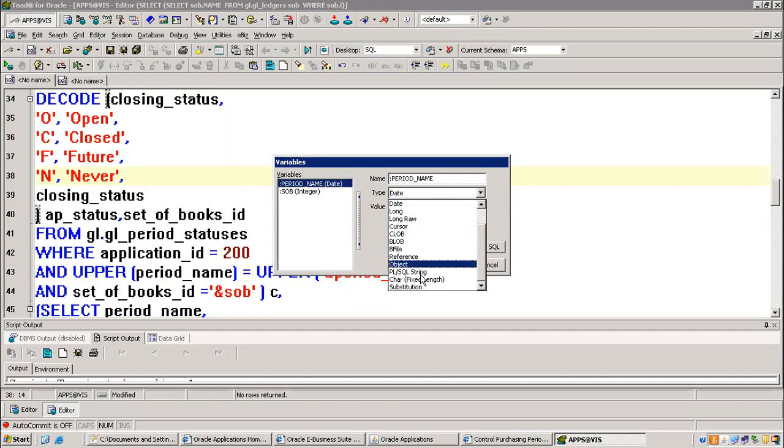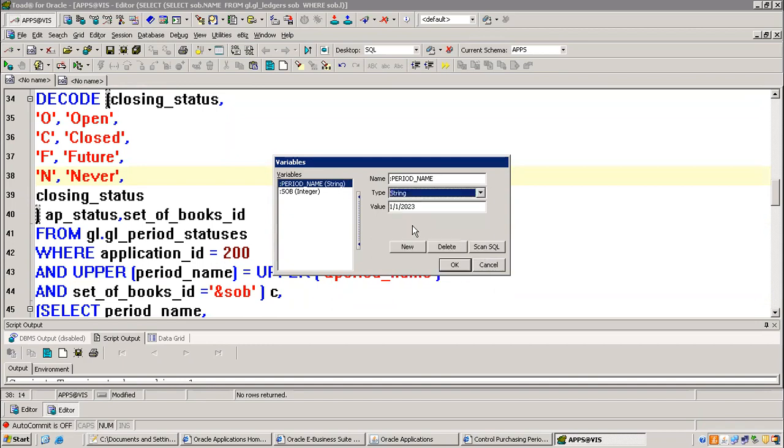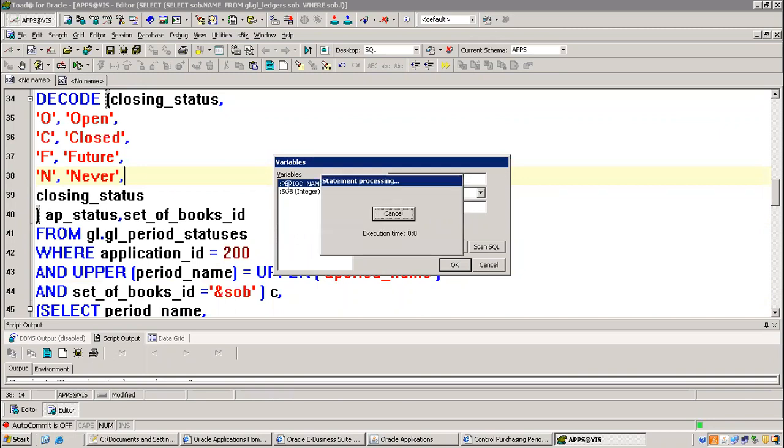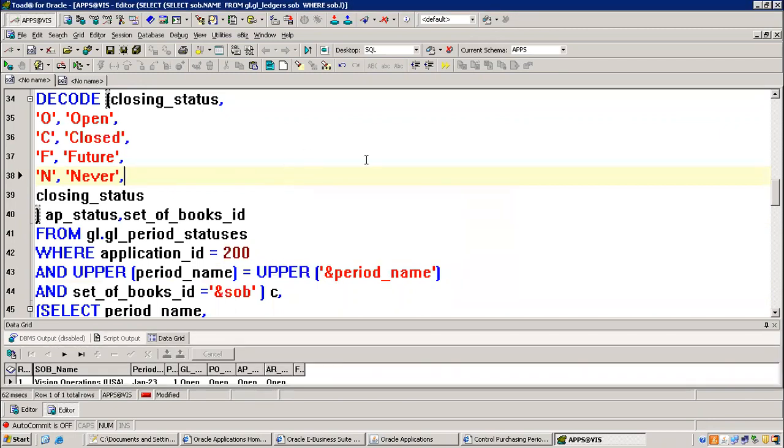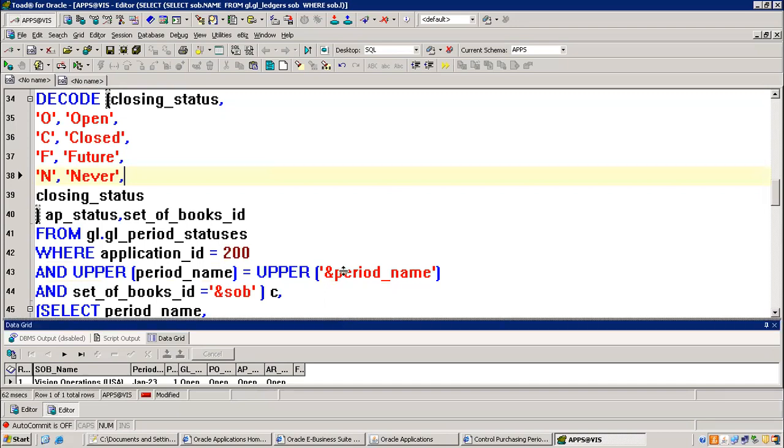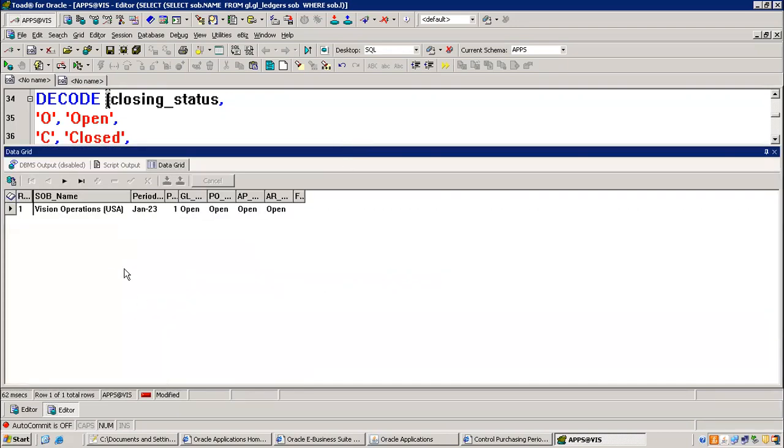We can go with the string here. Jan-23. Perfect. So whatever the input we passed earlier is wrong, correct? We have passed 2023, but it is expecting only 23.